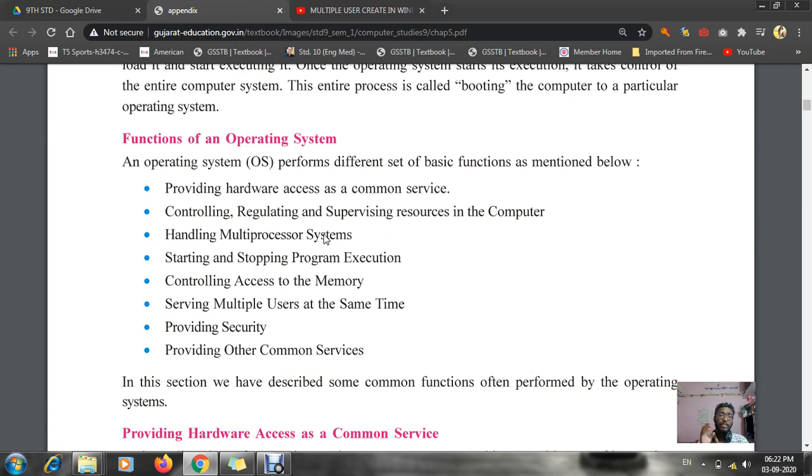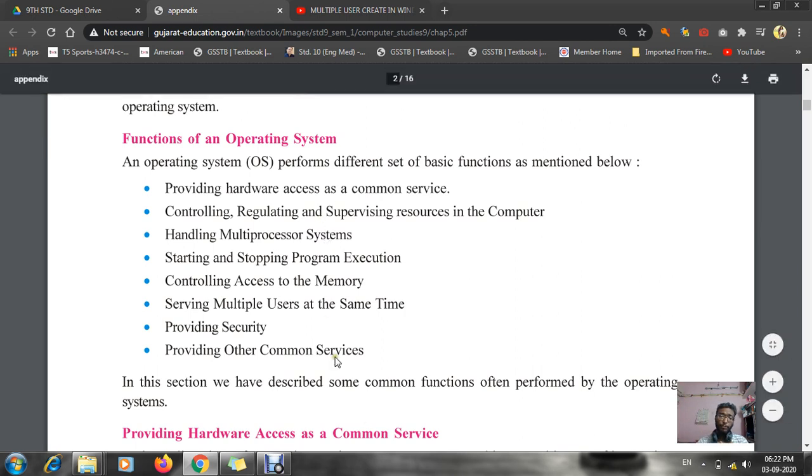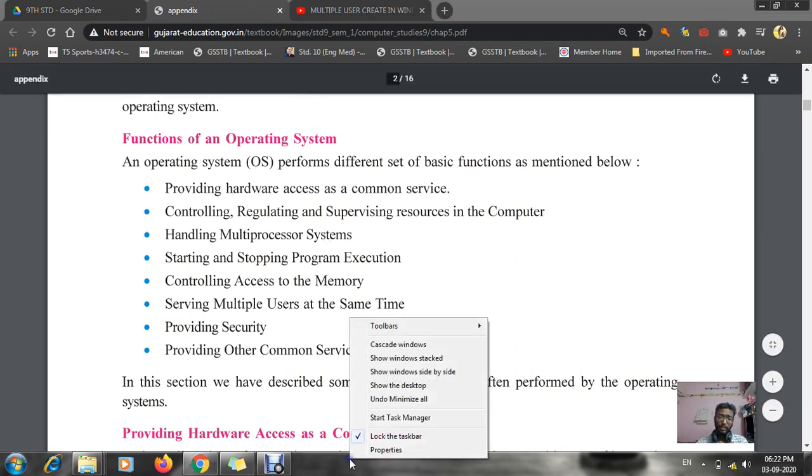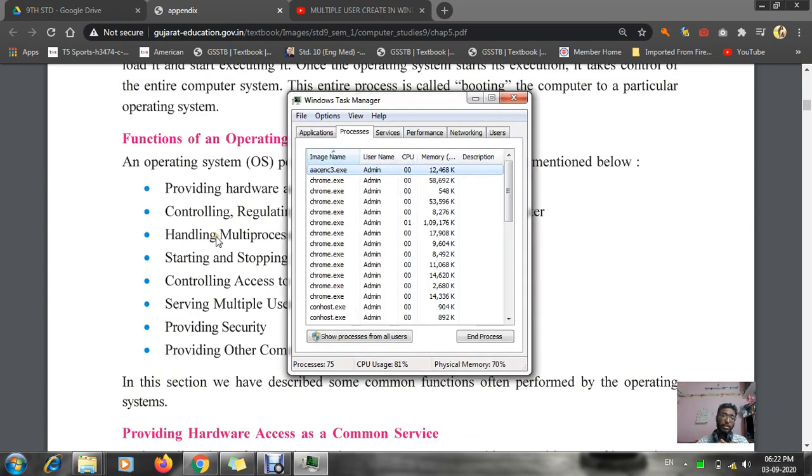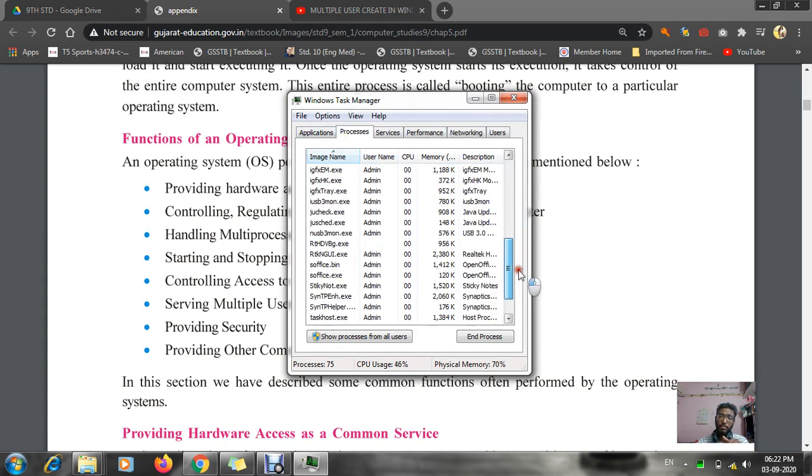Next comes starting and stopping program execution. That means, as I told you before, in the background many kinds of programs are being run. Now, stopping those particular programs we can do on your computer. What we will do is right click over here, click on start task manager, and you can see what all processes are being done internally. See, internally this many processes are being done.